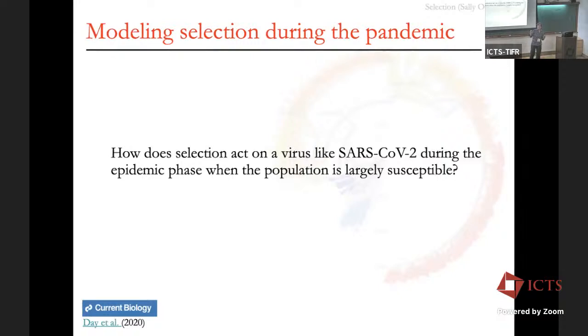So I'm going to mainly talk about estimating selection, but for right now, I'm going to start with a model that I did with Troy Day about predicting what kinds of selection we think are acting on this virus. This was early on in the pandemic when we wrote this paper, and we were trying to predict what could happen and really talk about evolution of viruses, because the public discourse, the scientific discourse really was black